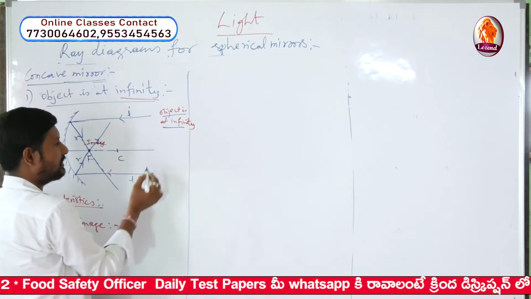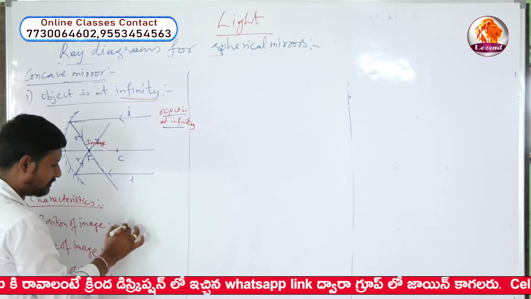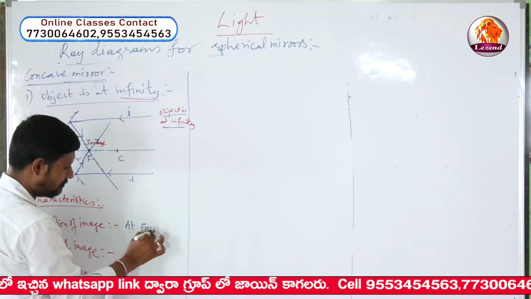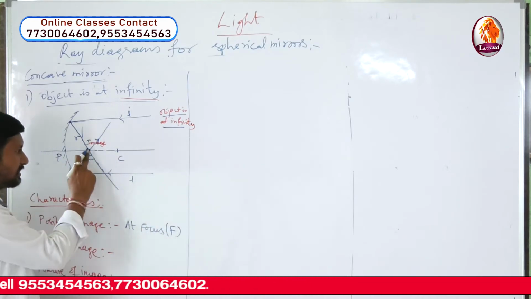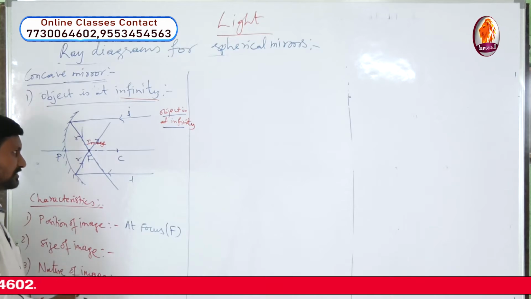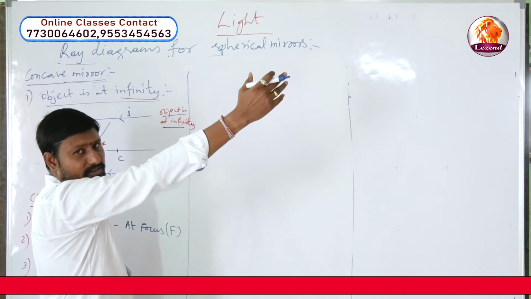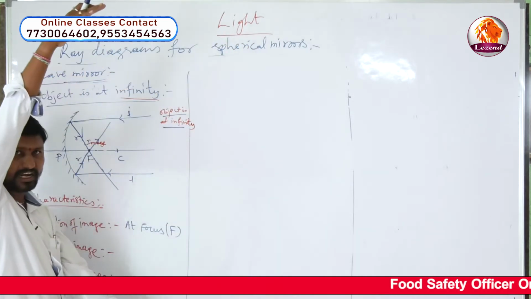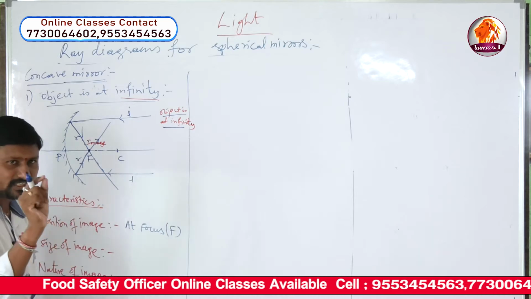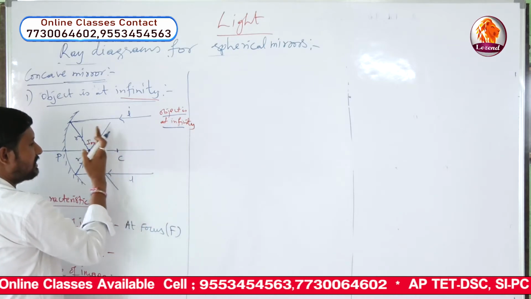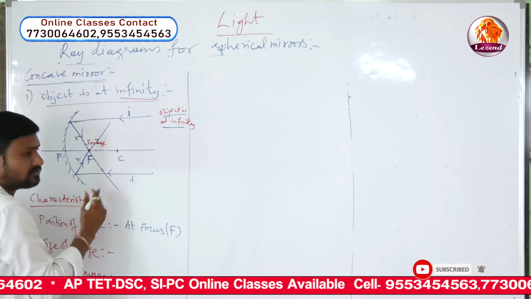When the object is at infinity, the image is formed at the focus. So the position of the image is at focus, capital F. What is the size of the image? The object at infinity is just like something in front of you, a tree or anything. It is very large in size. But comparatively here, in front of the mirror, what is the size? And here, if you place a screen like paper or cardboard at F, you can see the image on that cardboard.